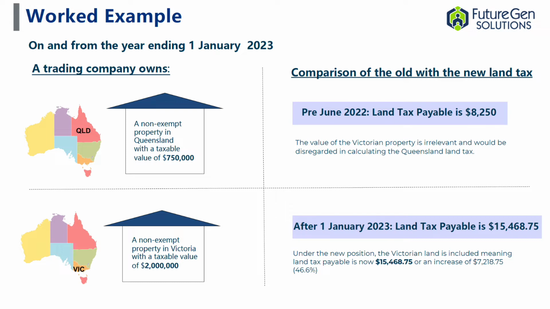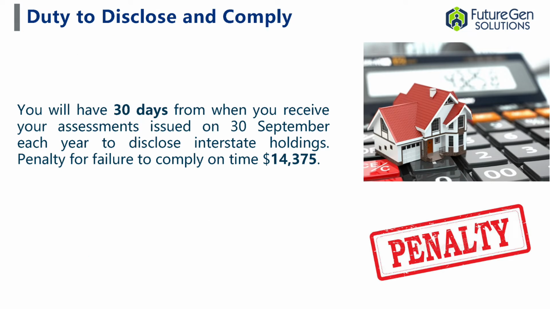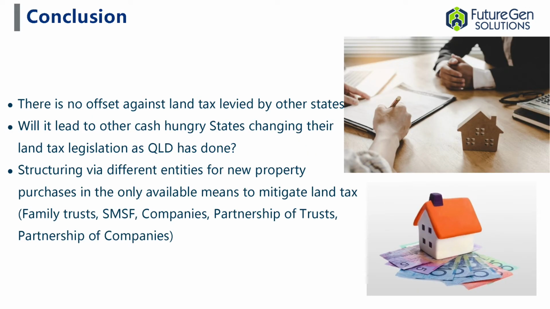So it is significant, and that's probably interesting given the fact that they've also got penalties if you don't disclose, and disclose in a 30-day period. There's the penalties, $14,375. And I guess it brings in a few conclusions which we need to talk about, Andrew. The first thing is that, as we know, there's land tax in other states. So Queensland is actually double dipping because those other states will still levy their own land taxes. And the other issue that comes into play is structuring. And I think this gets to your question. Your clients have been asking you about what do they do, how do they mitigate it?